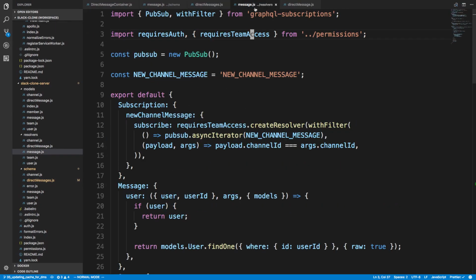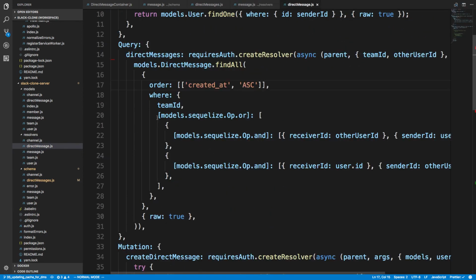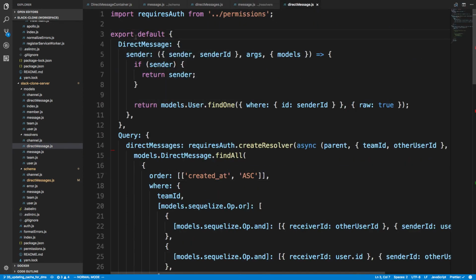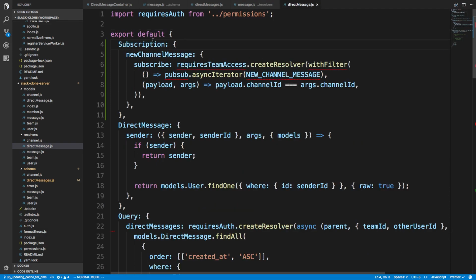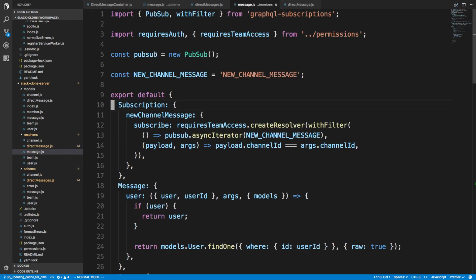Now let's create the actual resolver for this. And we can copy how we did our resolver here. This is our message resolver where we create the subscription. I'm going to copy that and paste it here. Now we have this permission thingy here. We're going to create a new permission for this, and we created this little pub/sub object here. I'm going to create just a little folder for this. I'm going to call it